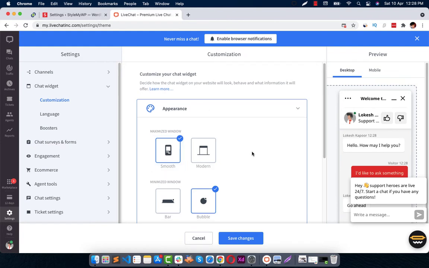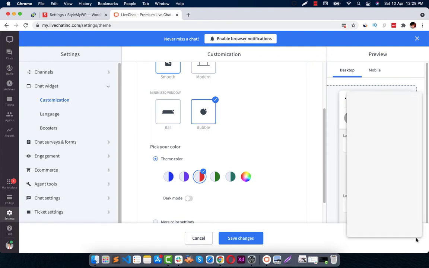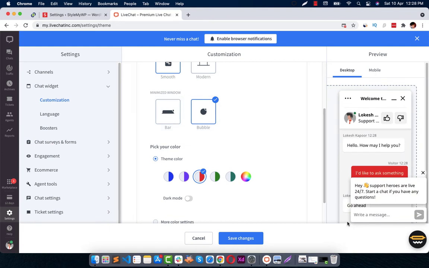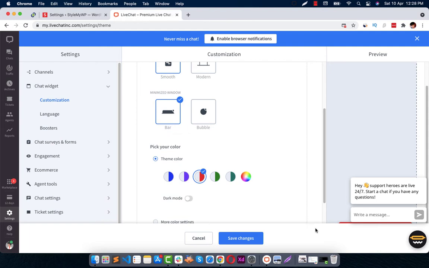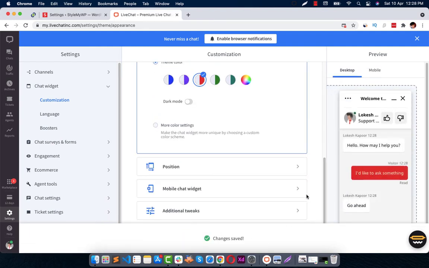I like this one, so we'll keep it smooth. And you can also keep the first instance like this one, it is in bubble, right? You can also keep this aligned to the bottom with this bar.